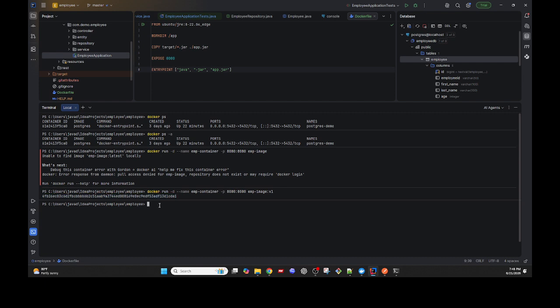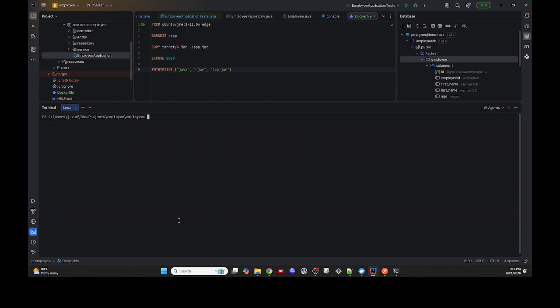So let's go and see if it's running. Let's see what's the status of this image. Docker ps. Oops, it's not running. The only running container is Postgres demo. So what happened? There is one way to go about this: look at the logs for this container. So we say docker logs